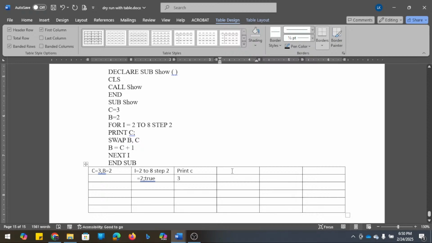Now next we have swap B and C, which means the value of C is taken by B and the value of B is taken by C. So in this, C becomes 2 and B becomes 3.